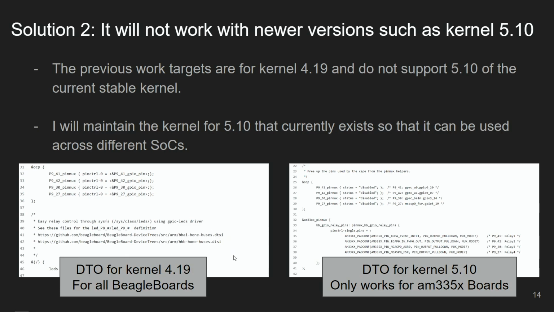For kernel 4.19, there are device tree overlays and no SoC-specific code there. But please look, in kernel 5.10, there are AM335X macros, so this device tree overlay only works on